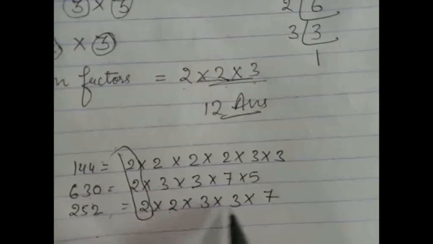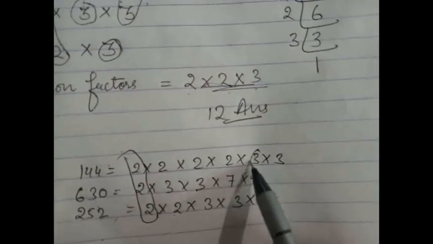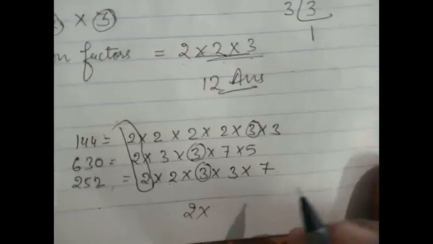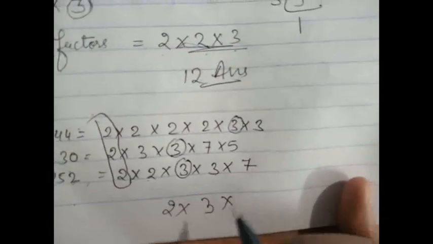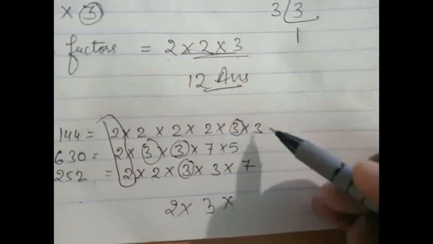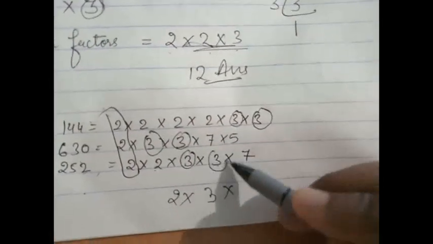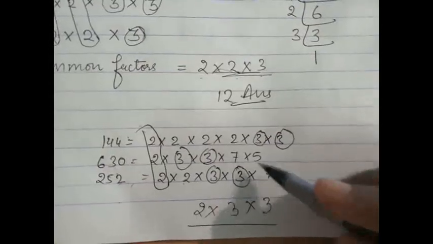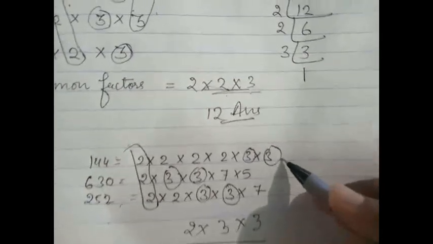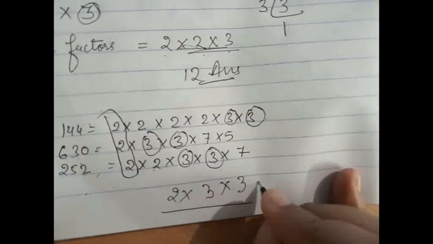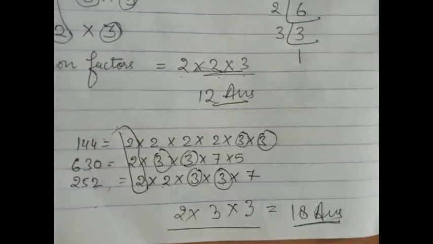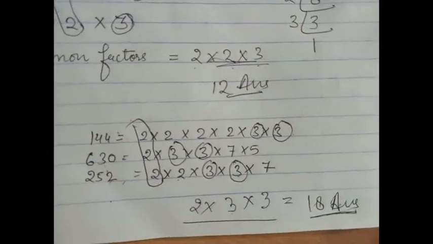Then after 2 we will eliminate that. In this, 3 is common. Here it is also 3, and here it is also 3. So 2 multiply 3 multiply, then it is also 3, it is also 3, and it is also 3. One more 3 is common. These things are common. 7 is here but not here. So 3 multiply 2, that will be 3 threes are 9, 9 twos are 18. This will be our answer. So the HCF of part 5 of question number 1 is 18.